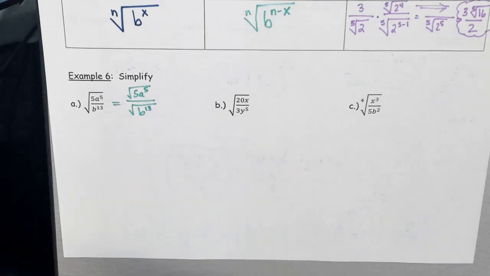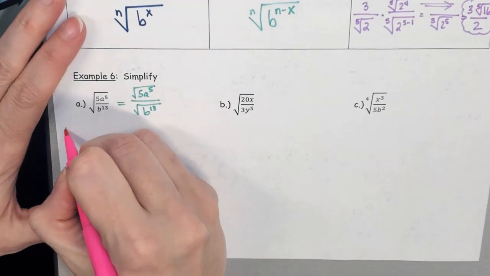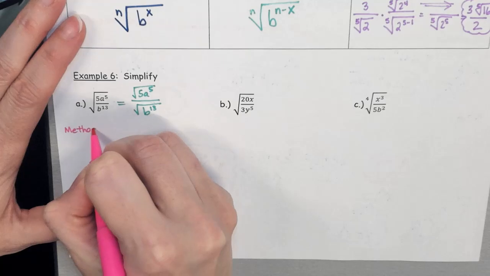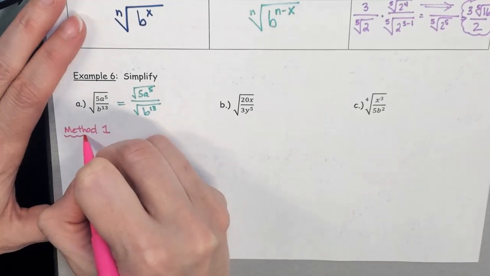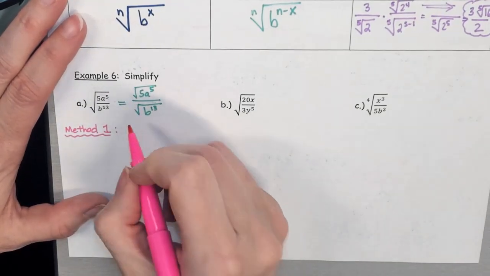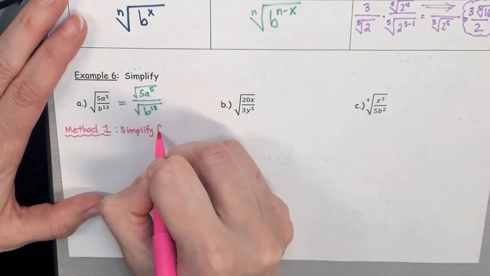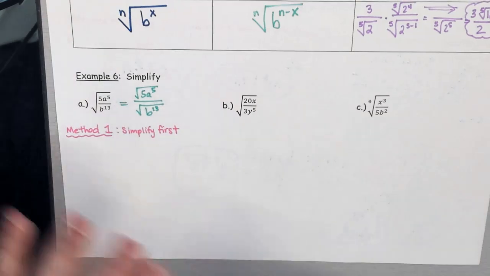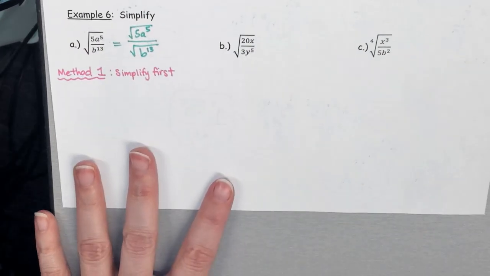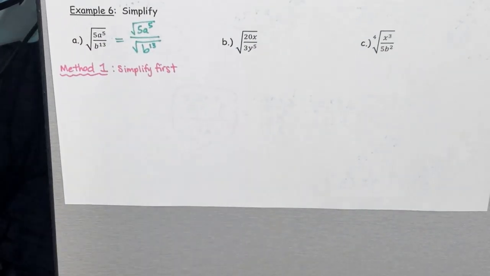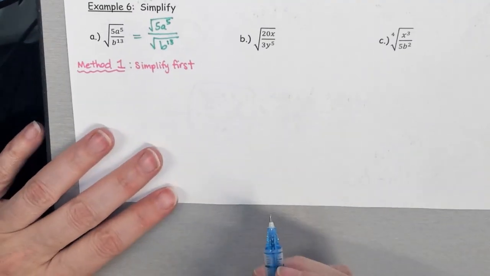Okay, so method 1 is generally what I gravitate towards. I think a lot of you might be the same, where you simplify first. Okay, so you can either rationalize first or you can simplify first. I think a lot of you are going to like to simplify first. So if we do that,